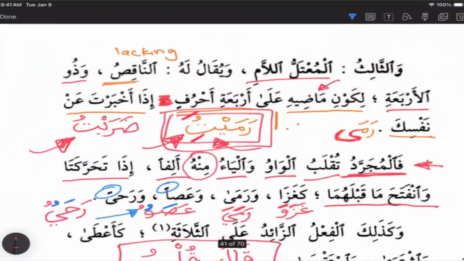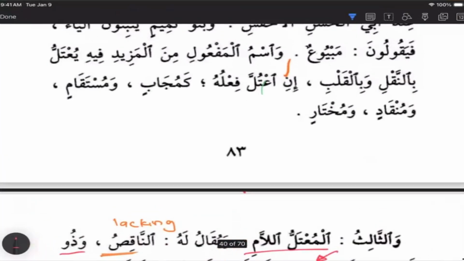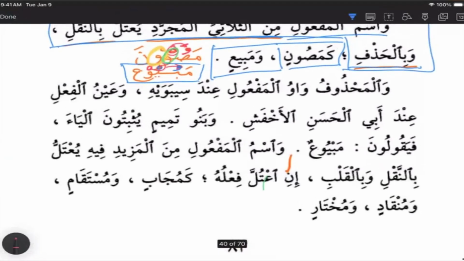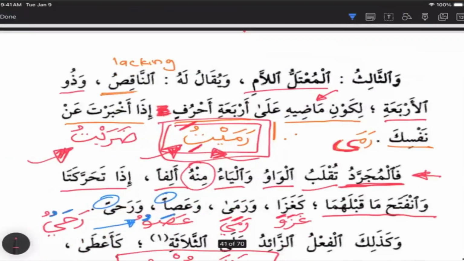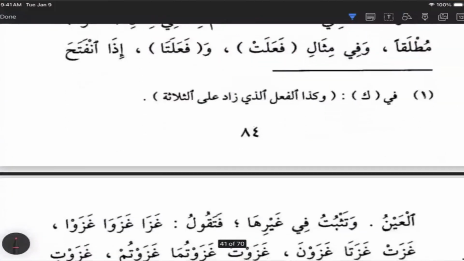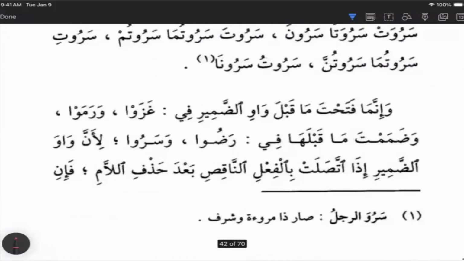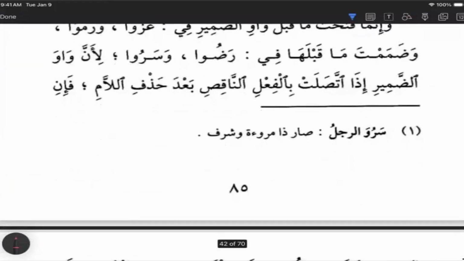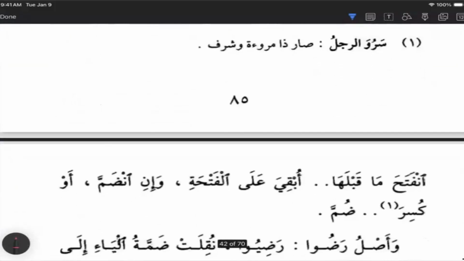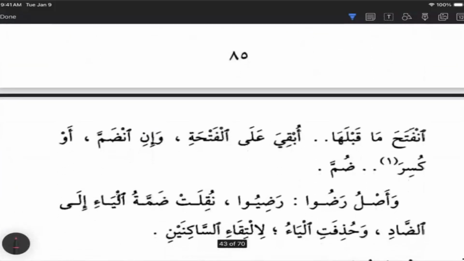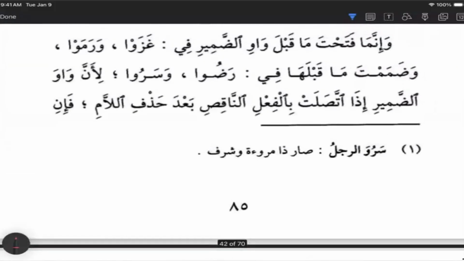But how do we know that the origin of the alif in أعطى is a wow? أعطى يعطي إعطاء، فهو معطي وذاك معطى، والأمر أعطي والنهي لا تعطي. So where's the wow? I don't remember where the wow is. How can we find the wow? Maybe we will find it together, inshallah.